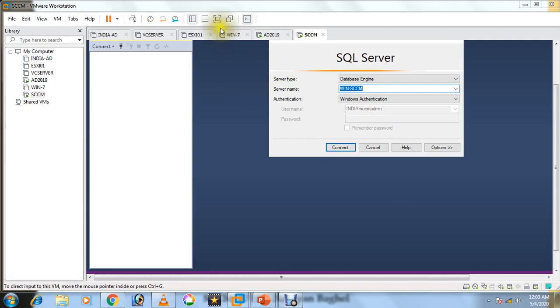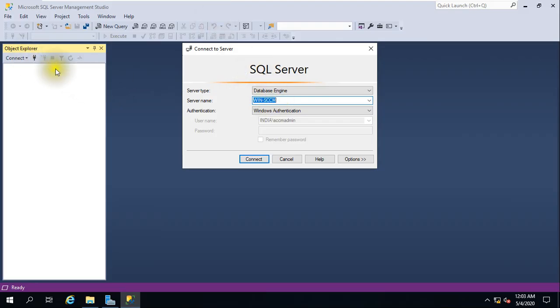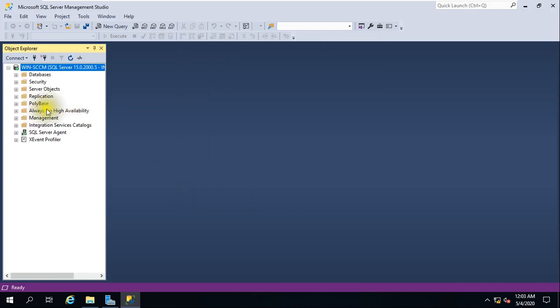So guys, here we got the console, and as you can see here, Microsoft SQL Server Management tool. Now it is asking for server type, database engine, what you want to connect. So just click database engine only, and server name is Windows SCCM only, and this authentication, and just click connect here. It is showing you already which user, since it has to take the password and authentication. So just click next. Now you got your database.